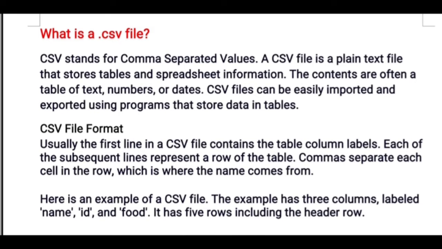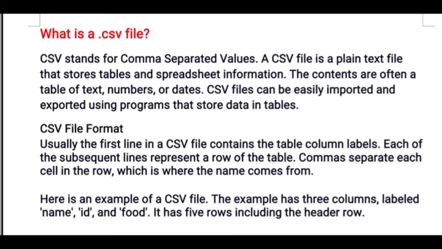Children, we have already covered the file handling concept with text files and binary files. That means we have learned how to read a file, how to write something in the file, how to append something, and how the functions seek and tell work in these kinds of files. Now, today we have to learn a new type of file, which is known as CSV file.